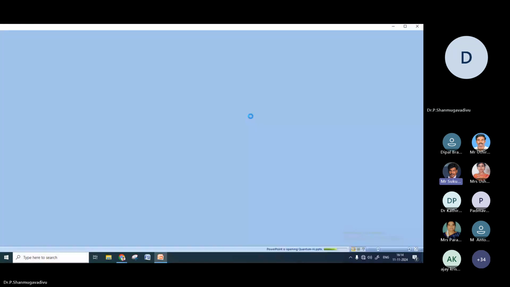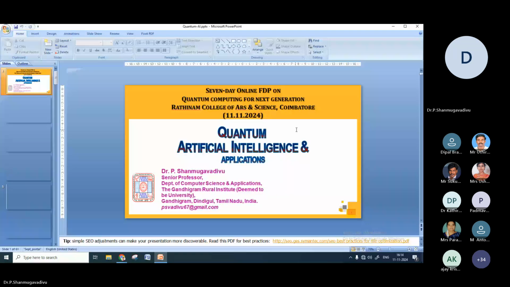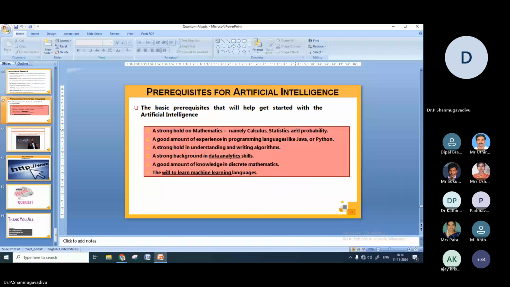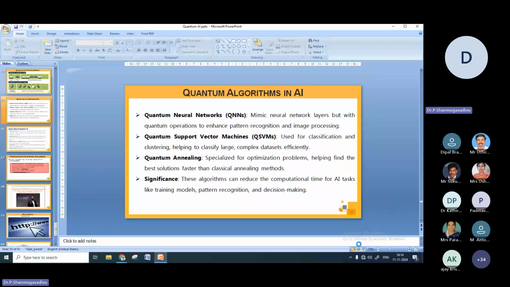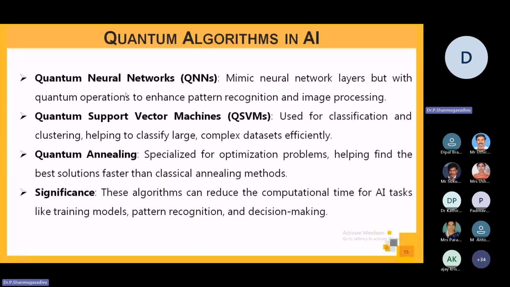Good evening, ma'am. Yeah, I missed this one. I don't know how I missed this. Now, this quantum algorithms in AI. Now, we talked about neural network. We talked about SVM, and now,